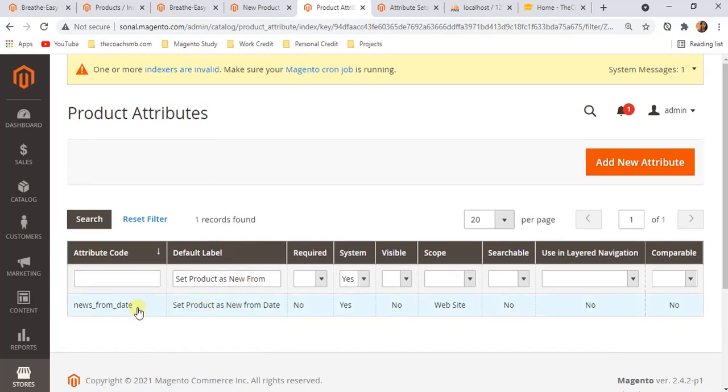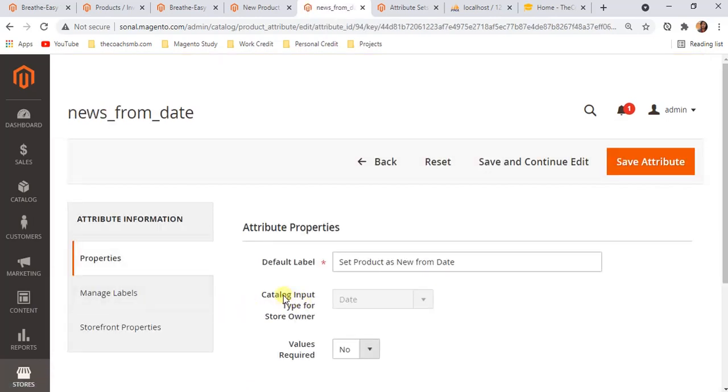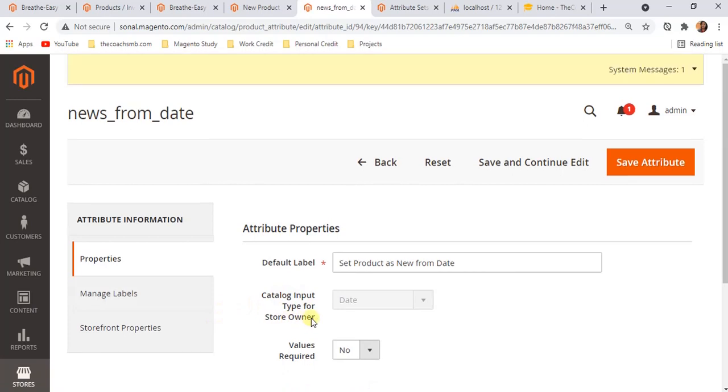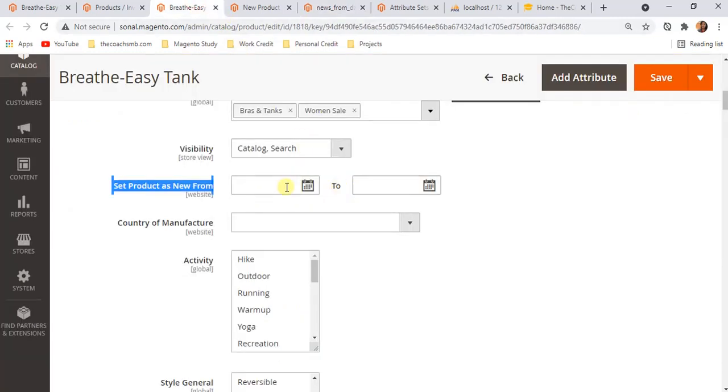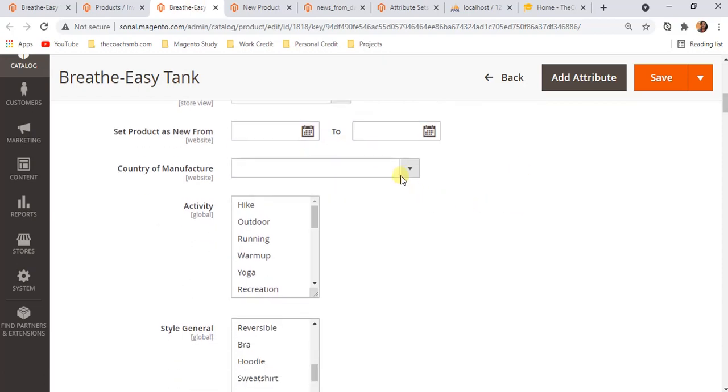Can you see news underscore from underscore date? So this is the code and this is the, okay, so let me just see. Okay, so catalog input type for the store owner is date, right? So if we select our attribute with this input type date, then that will look like this. It will give us from date and to date. Clear? You know this, right?